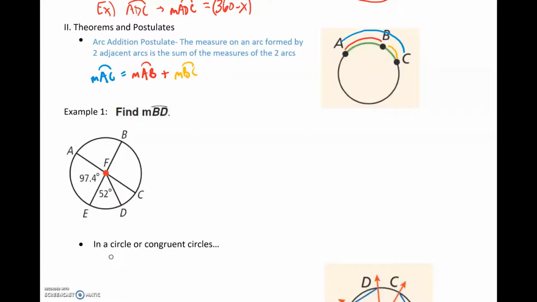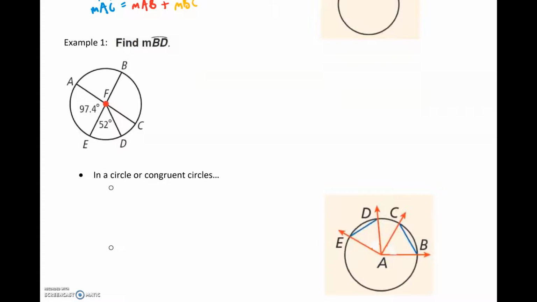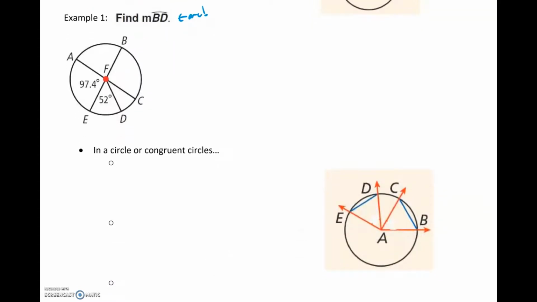So then if we take a look at example 1, I'm looking for the measure of arc BD. So what I want to do is I want to make sure I have arc measure. So remember, by the definition of an arc measure, we can take a look at the diagram and say, wait, there's no arc measures, right? I don't see anything along the circumference, but I do have central angles because this F is the center. So what I can remember is, wait, definition of arc measure tells me that the arc measure is equal to the central angle measure. So that means this A to E is 97.4 degrees, this E to D is 52